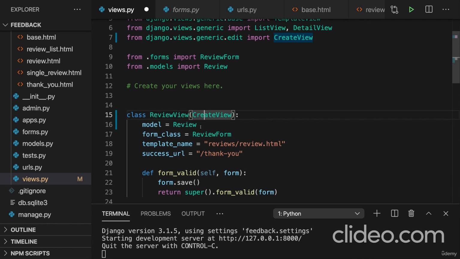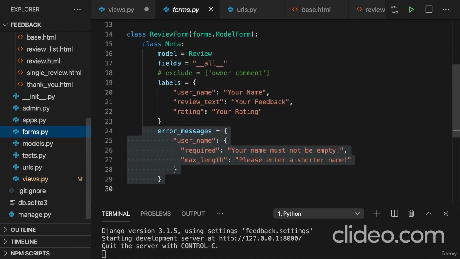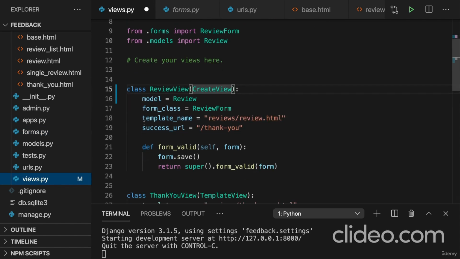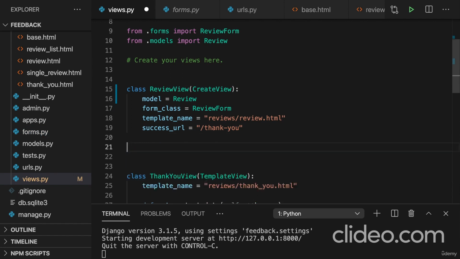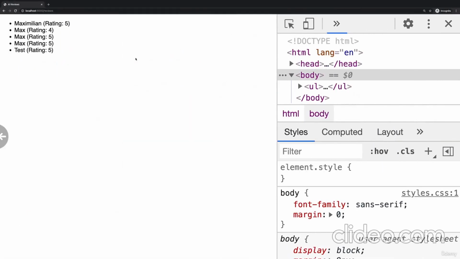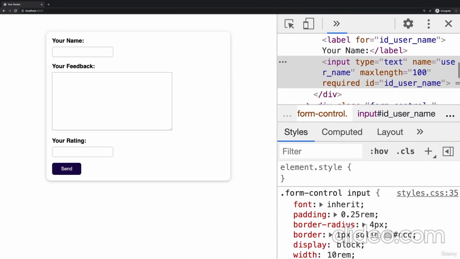And with that, Django will be able to create a form based on our definition here, but it then will also be able to automatically save data when that form is submitted in a valid state. And then it will redirect us to the success URL thereafter. So now we can get rid of form valid here and just have this code here to render a form, validate a form, show errors if needed, and save the data through that review model if the data is submitted successfully. So with all that, if we now save this updated view here, if I go back to localhost 8000